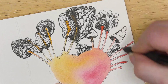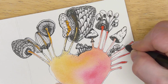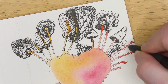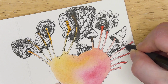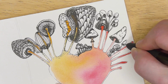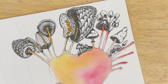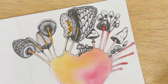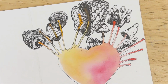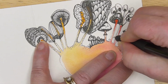And I think there's going to be one that's kind of tipping over to the side, right like that. It's maybe a little bit taller, kind of mimicking this one right here. That's kind of fun. And you know what? These little ones down here, they don't have to have anything on them. I think I'm going to put maybe a few little